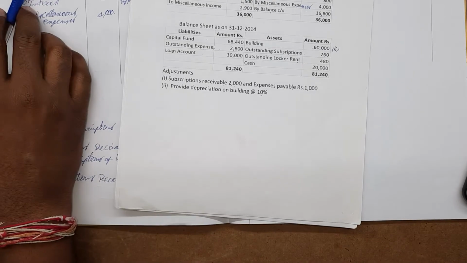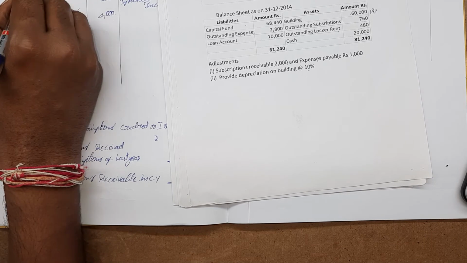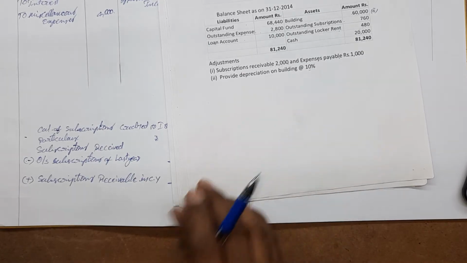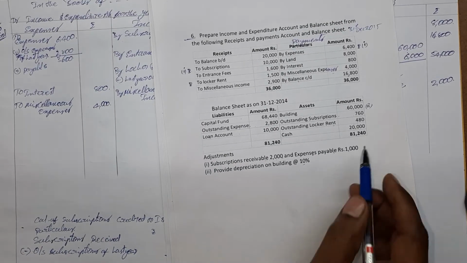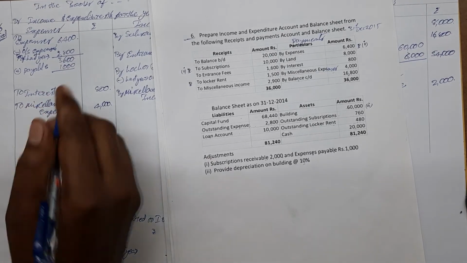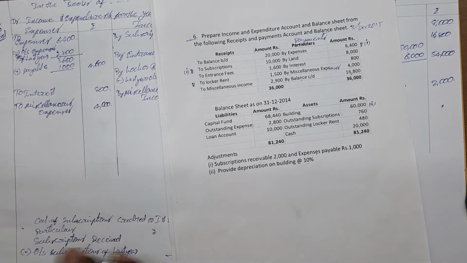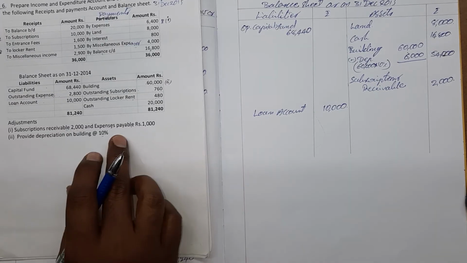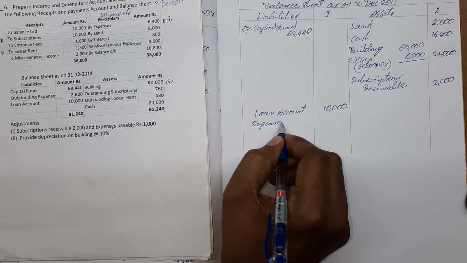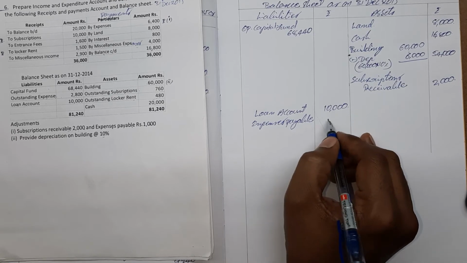Next, expenses payable amount, so that should be added to current year expenses. Add payable, that is 1,000 rupees. It is a payable amount of the current year, expenses incurred but not paid. Okay, that total is 4,600 taken into the last amount column. And the same outstanding expenses payable is a liability. Expenses payable, it is 1,000 rupees.